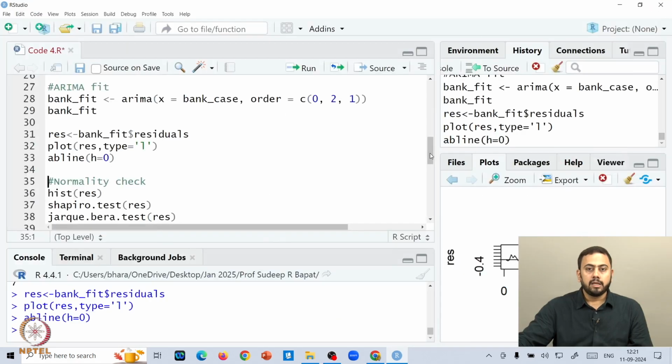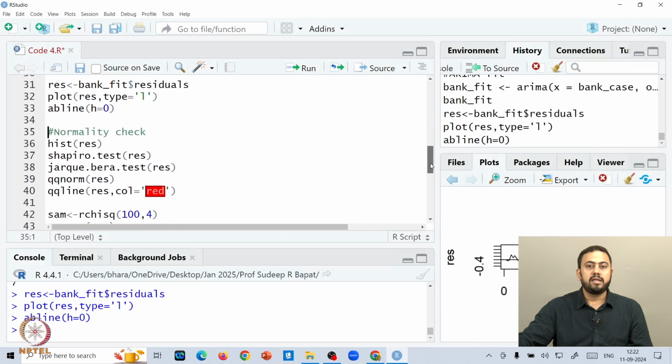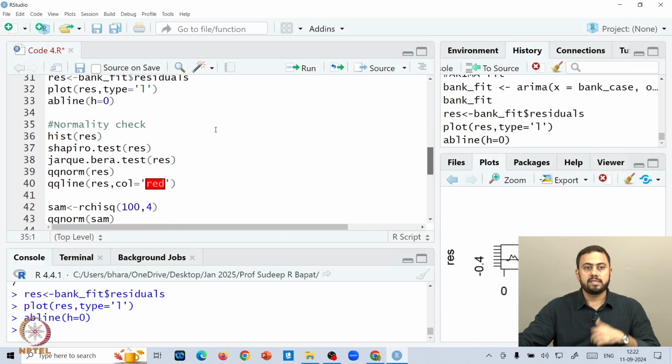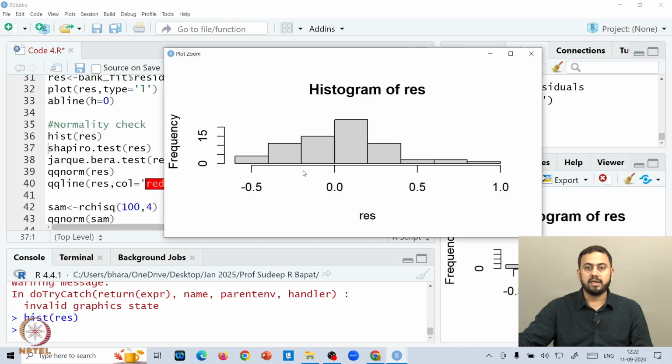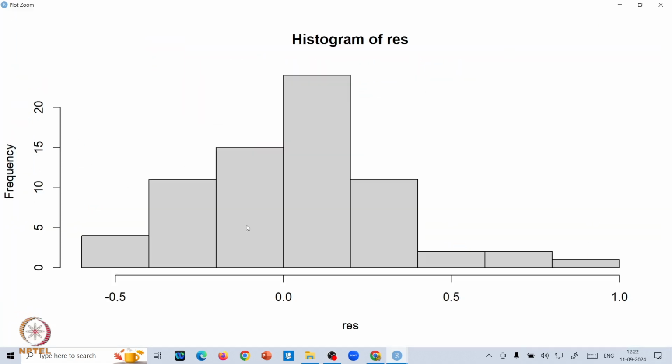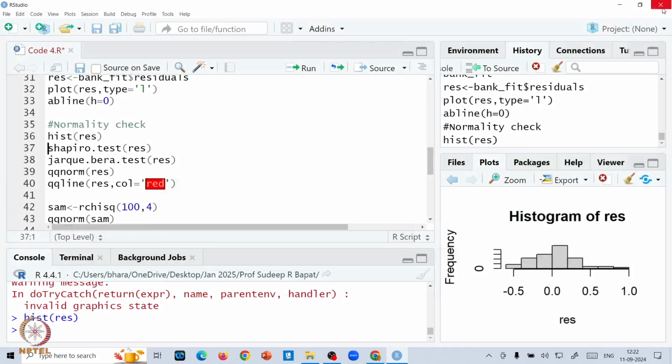Okay. And now we have come to a point where we will do all the checks. So, firstly the normality check. Are my residuals indeed normal or not? For that we will create a histogram. So, let me run the histogram, and if you zoom in you can see that the residuals may be symmetric, right. There might be a slight skew here probably, but otherwise you do not see any major problems when it comes to the histogram.